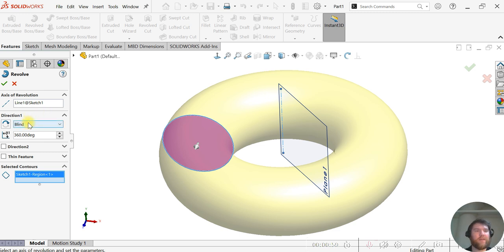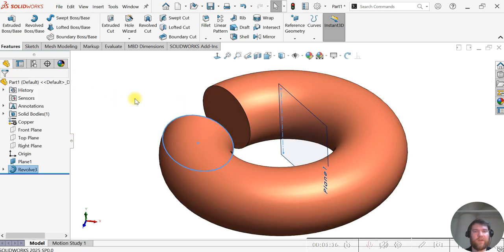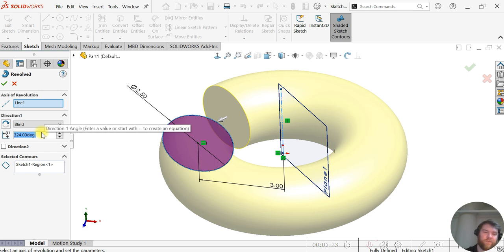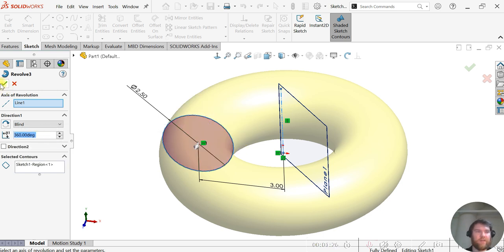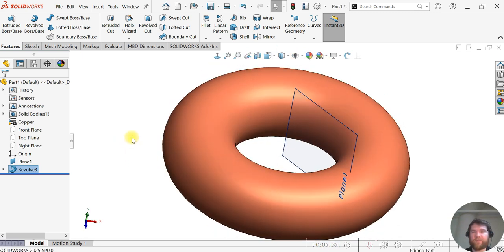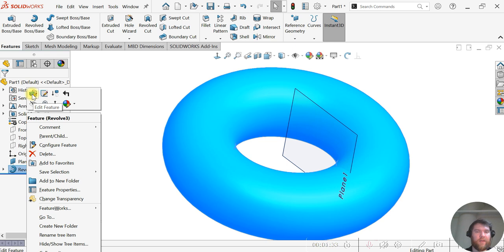Now currently we have it as a blind revolve 360 degrees around, and we can adjust this if we want to. So if we want to make this less, we'll select OK. If we want to make this the full 360 blind, we can go back and do that, which will make it just an entire donut shape. If we go back and edit this now,